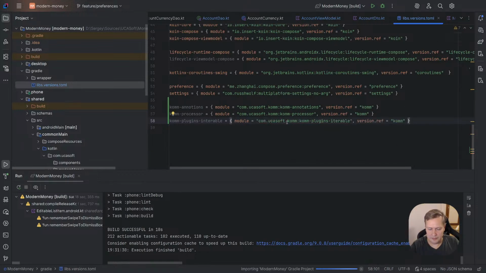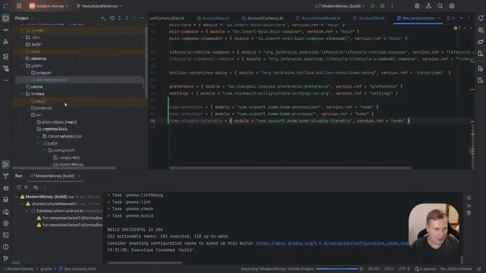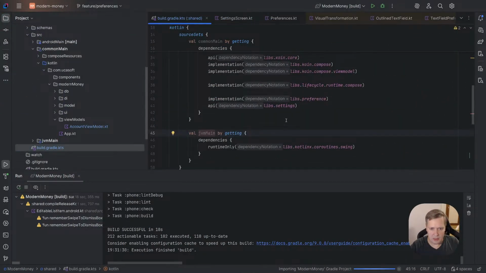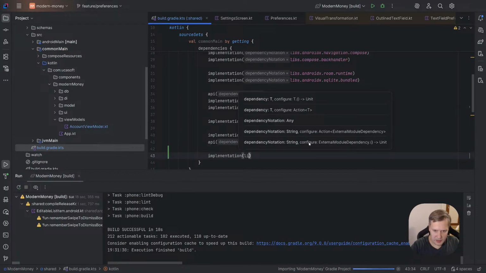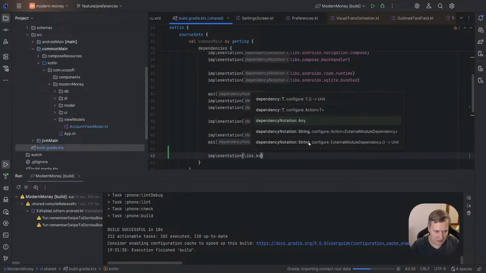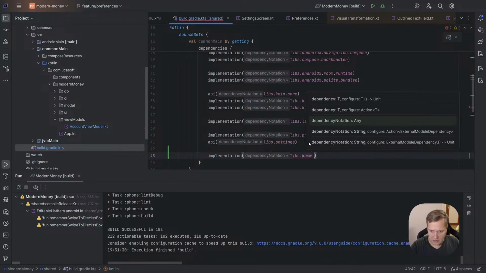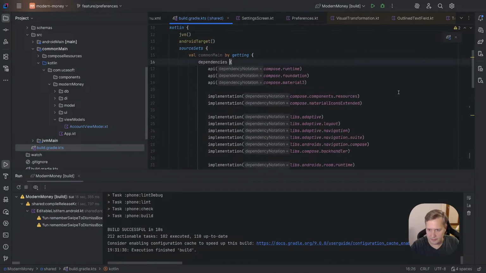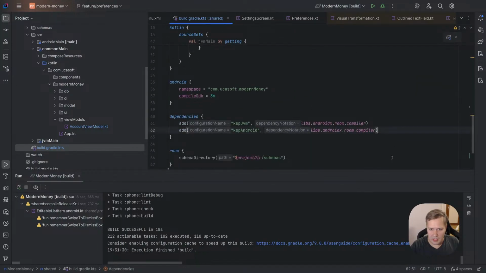Okay, let's build it. Let me check one more time the version, that I didn't make any mistake. Yeah, it's 28.9 RC2. Okay, and we can add it here. So in implementation, we need only com dot annotations, and here we need to add